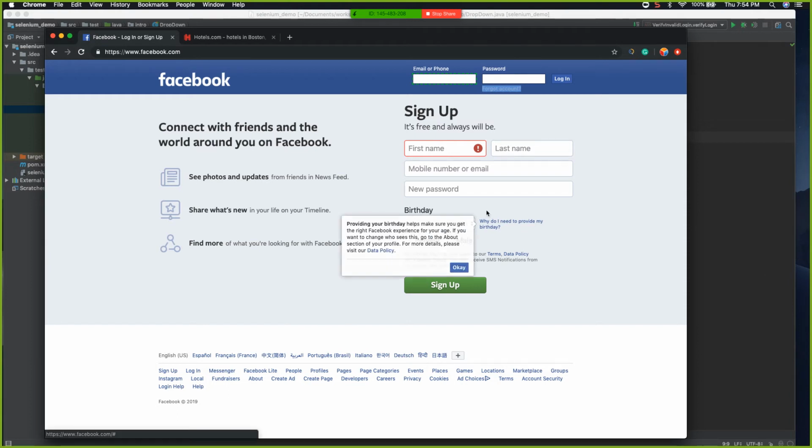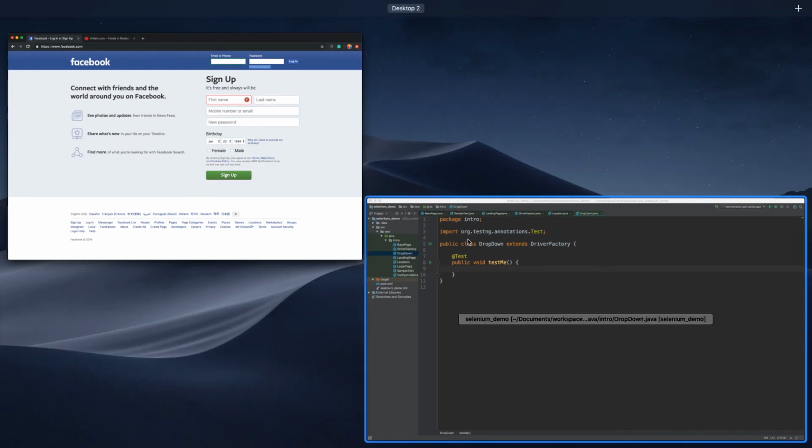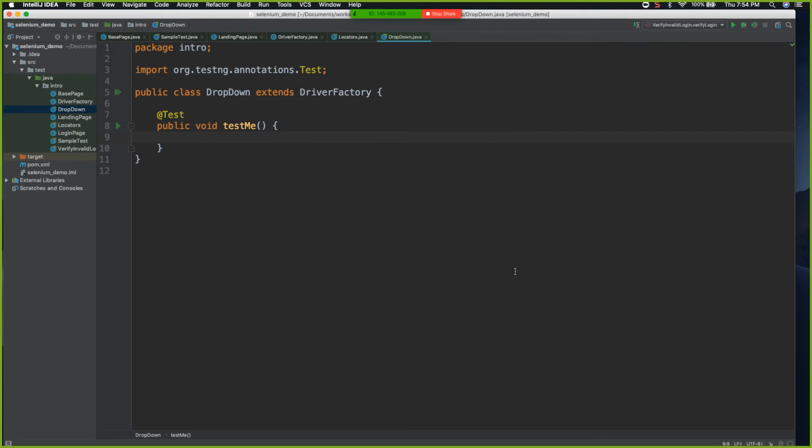So what I need to do now is, let's say you need to select a birthday. This is called a drop down, obviously, and you want to go into the drop down and select the month of your birthday. So how do we deal with drop downs? Well, the good thing is Selenium has some stuff built in. Drop downs, again, are all web elements. We talked about it, right? So what we're going to say is